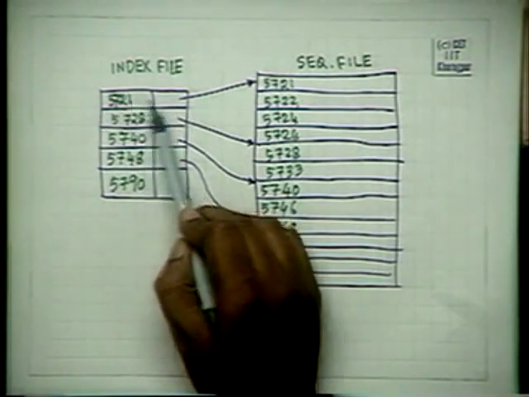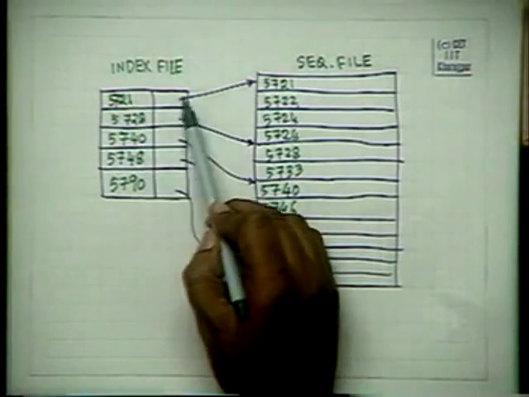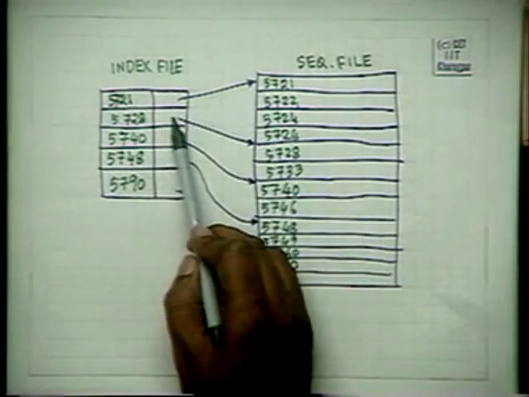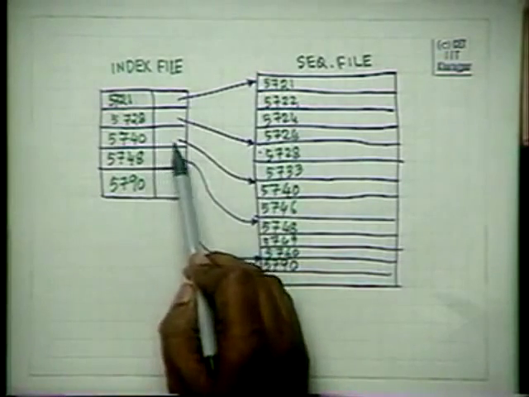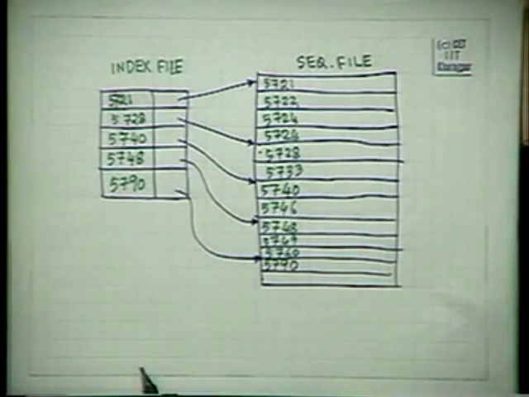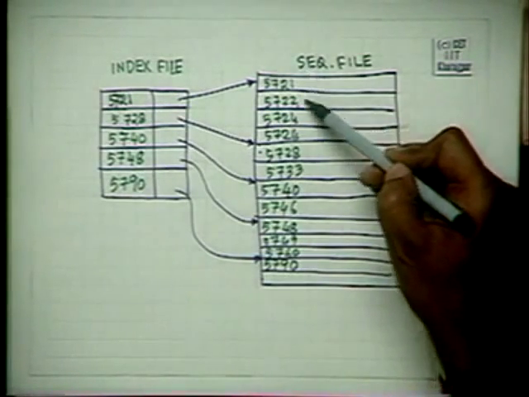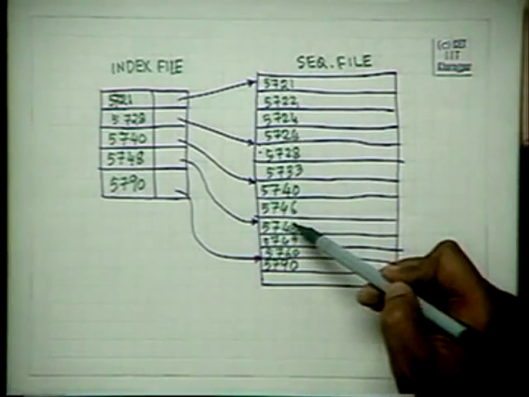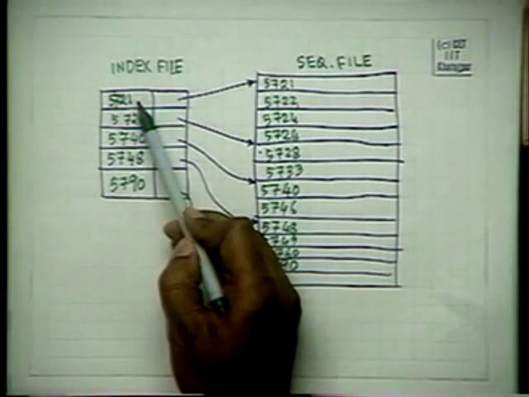So this says 5721 starts from here, 5728 starts from here, 5740 starts from here, 5748 starts from here, and 5790 starts from here. Now, suppose I want to access an element 5746. In a sequential file, I would have started like this and accessed it. Here, I will look at the index file,